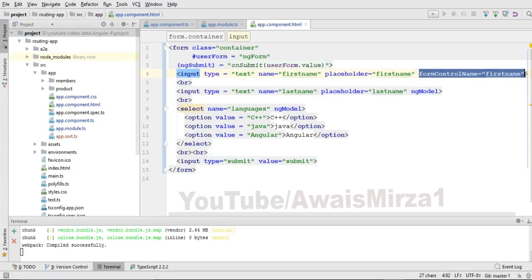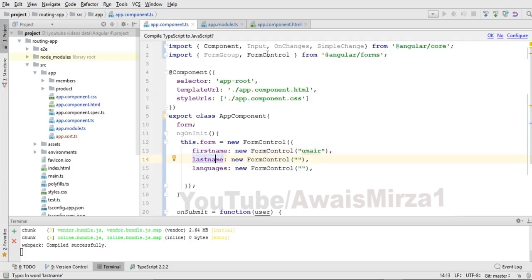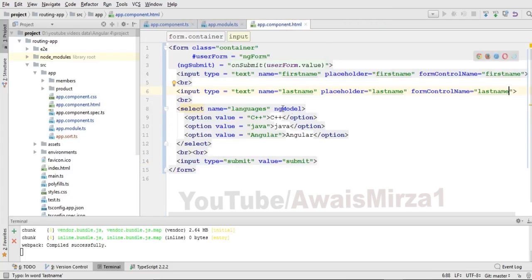Then change it to the name of our second form control and paste it in our drop down, and I'm going to change its name to languages. So let's save this file,